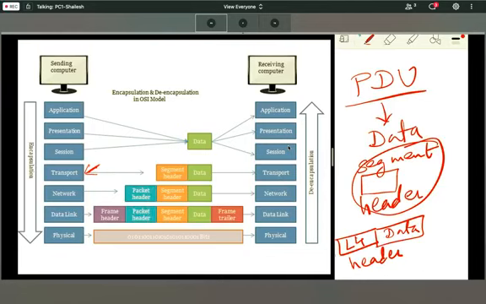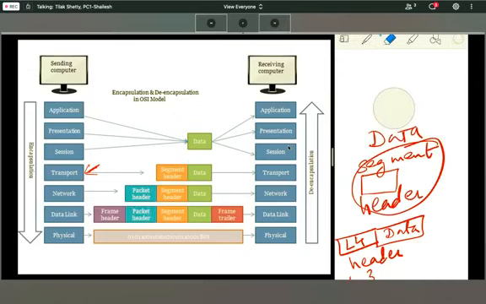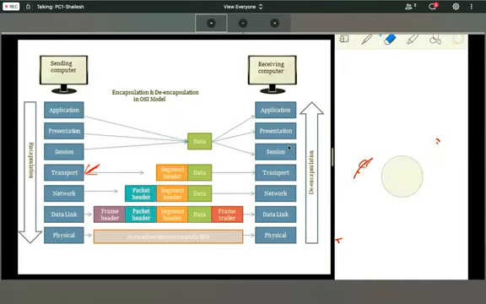When it is coming down, then L3 header. I will tell you in this way. L4 is layer 4. Yeah, this is your data. Whenever it is coming down, this is L7. When it is coming down, this is L6, L7, and your data.